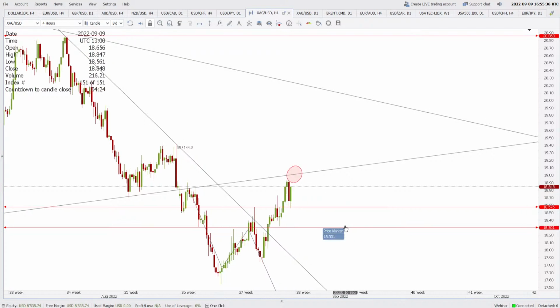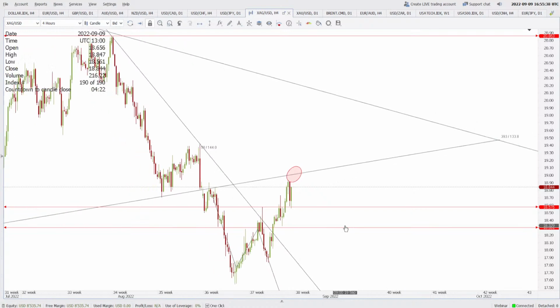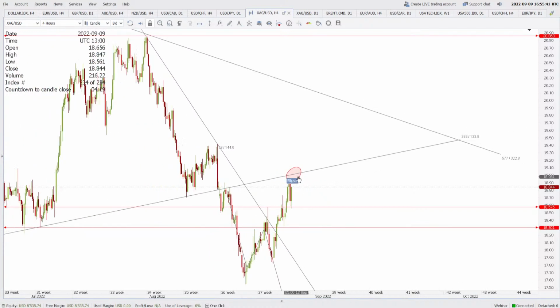But my friends, I will say, save yourself and maybe let the market test this area first. If it closes inside this triangle, then it's okay, you can buy. But right now I don't think it is a good buy here, because the price is approaching the resistance zone. So let us see how things unfold here, and then only look for a buying opportunity. Of course 18.57 was a good resistance. Now it has broken and is acting as a good support, but it is already into the next resistance area. So buying at the current levels will only push you into the resistance. So stay away from the silver as of now.